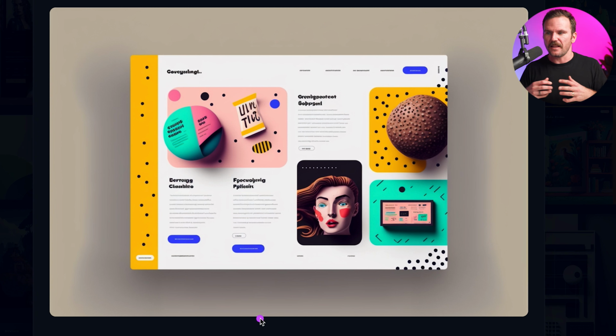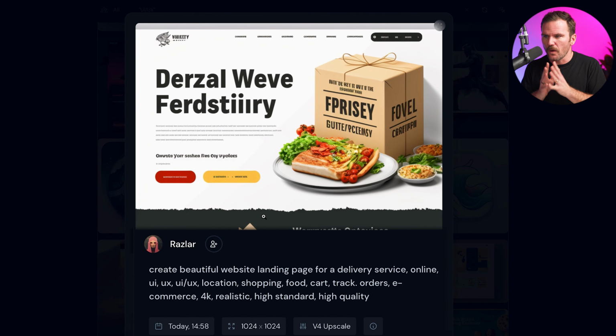This creator asked for a prompt to create a kind of first-level inspiration, almost like a mood board. It's like a mood board for coming up with design ideas. This is cool. We've got: create a beautiful website landing page for delivery service, online UI UX, location, shopping, food